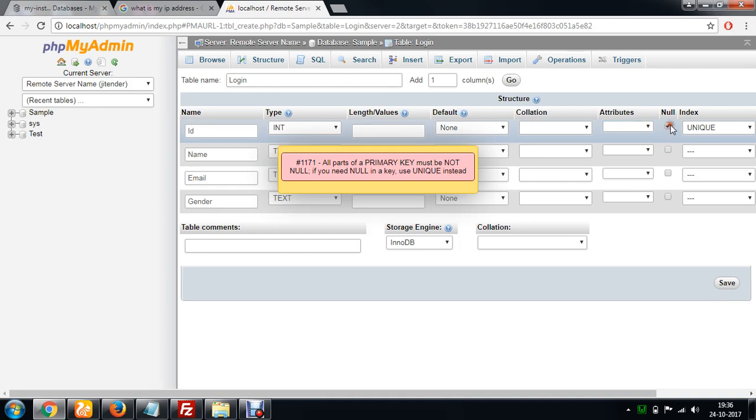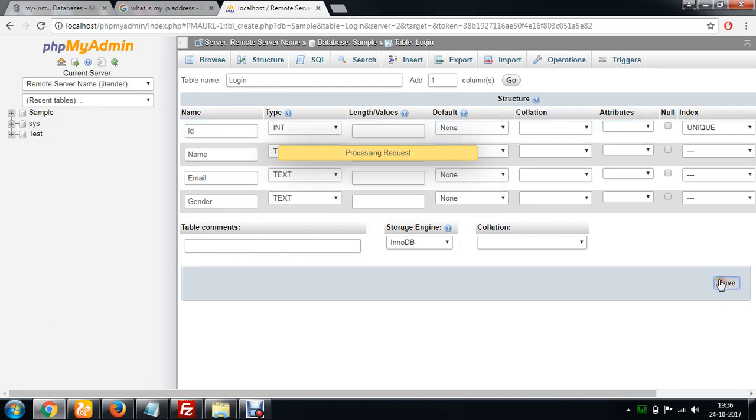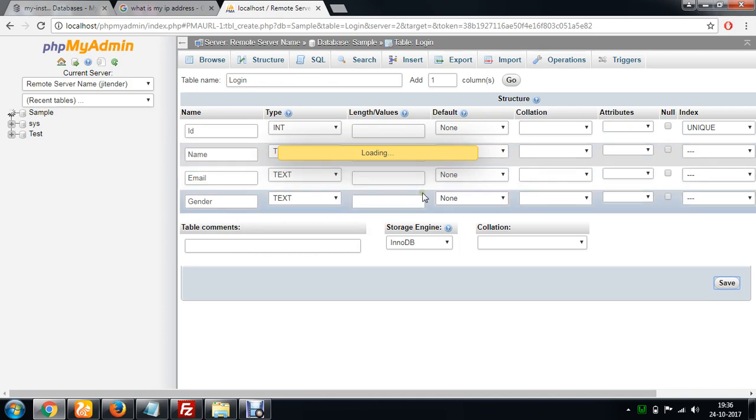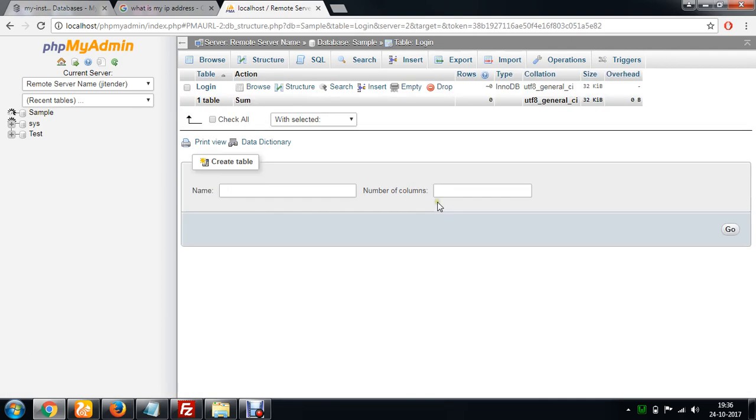Okay, I'm going to untick this null and click on the save button. Now you can see that within our database sample, a table has been created with the name login.